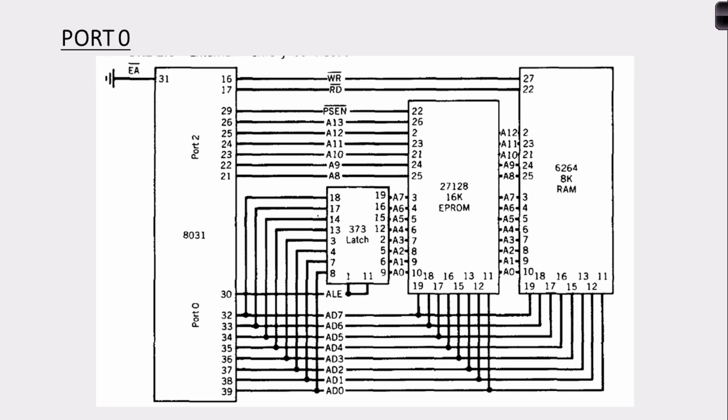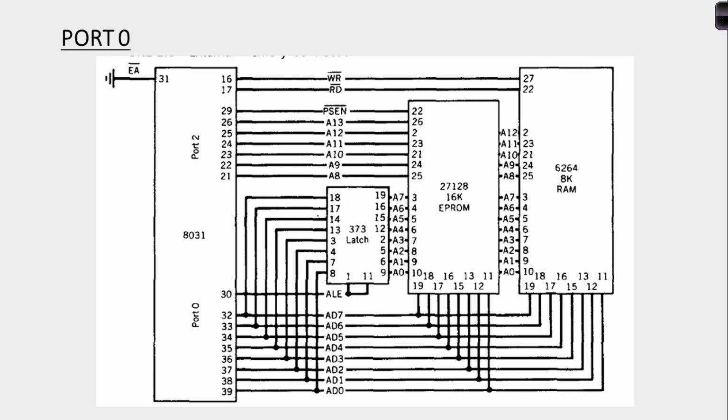As we had said, we are going to make use of this particular diagram, which we had discussed when dealing with module 1: how can we interface external memory to our 8051? As we had said, port 0 can be used as an input port and an output port, as well as an address bus. So how is this address bus going to be used?